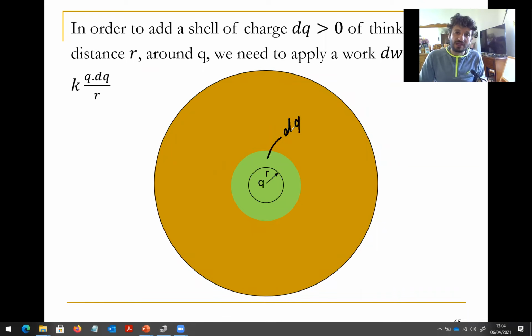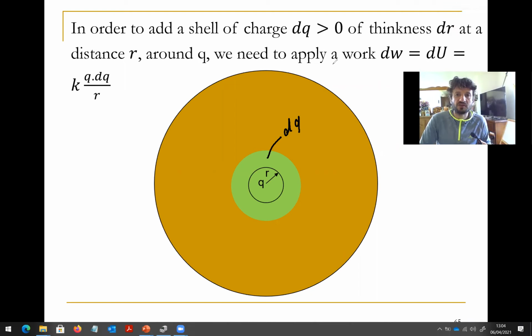In order to add this quantity of charge and put it beside q, we need an external work applied, because we have two positive charges. To bring this one, we have to push it with an external force. This work equals dW,